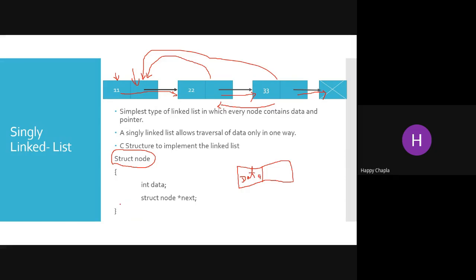And next, that is struct node star next, that means a structure type node, and I can store the address over here. So this is for the address purpose, or you can say this is the next variable which can store the address of the next node.